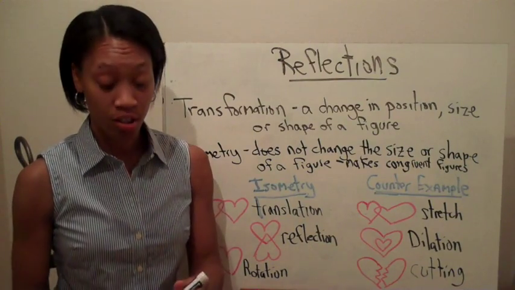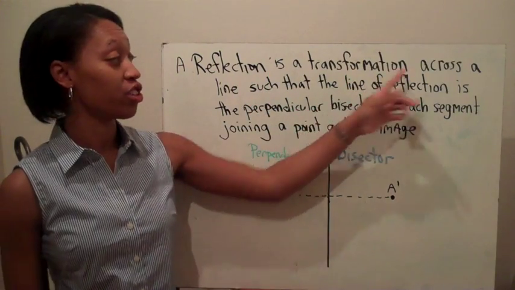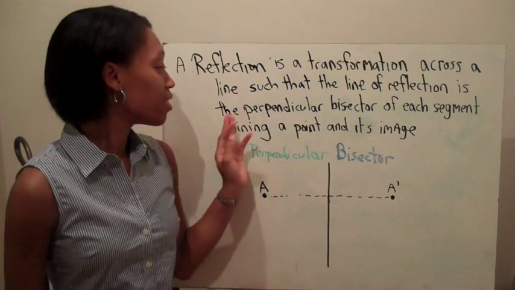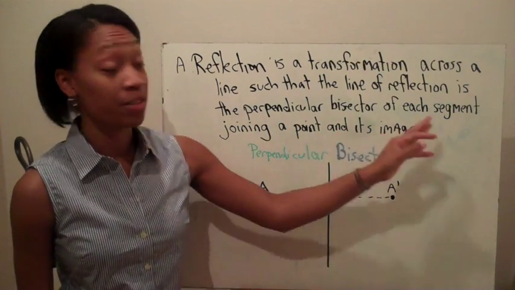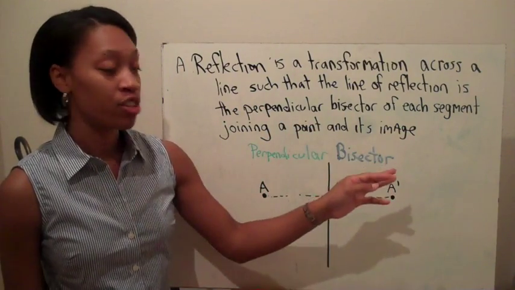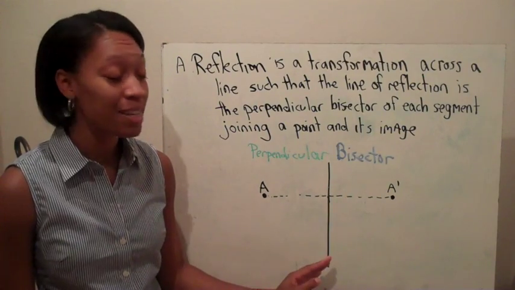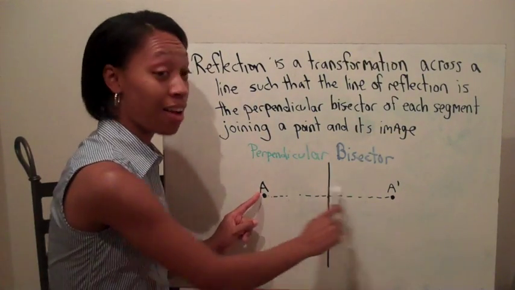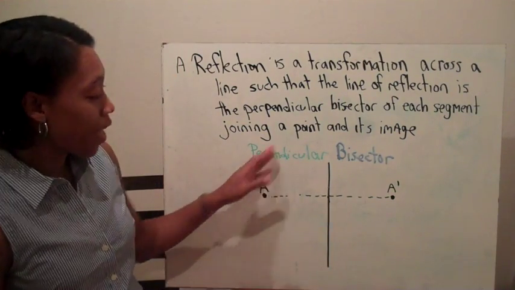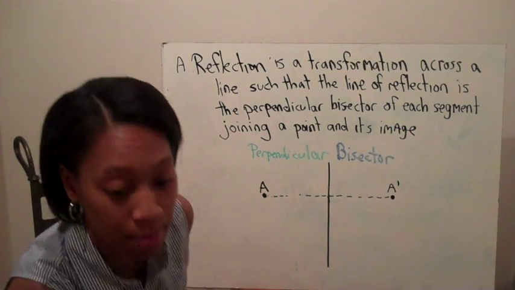Okay, now on to reflections. A reflection is a transformation across a line such that the line of reflection is the perpendicular bisector of each segment that joins a point and its image. So the line that you're reflecting over has to become the perpendicular bisector of this dotted line that connects a point and its image. So when we say that this line is a perpendicular bisector, what we mean is